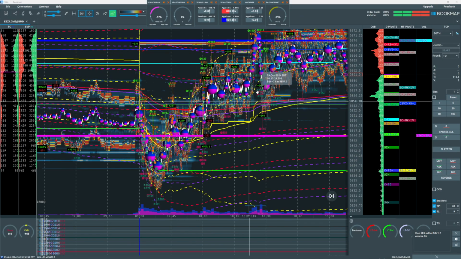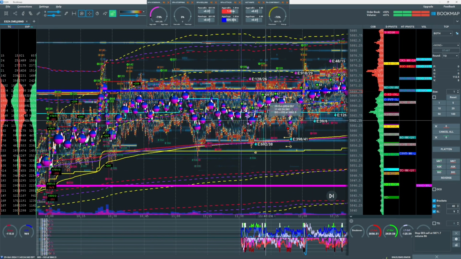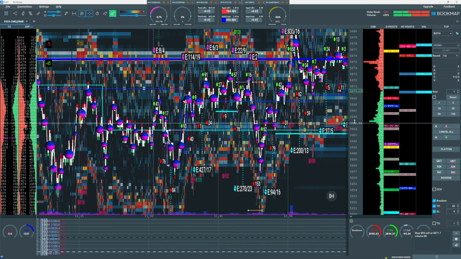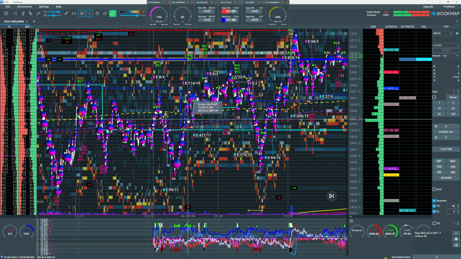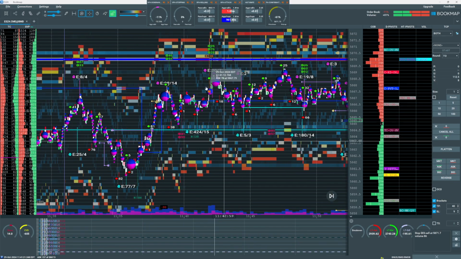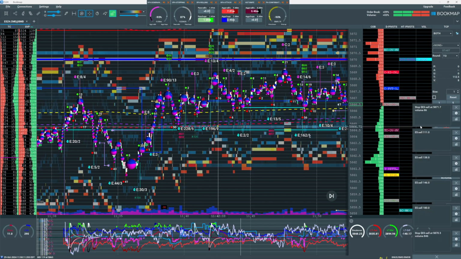So let's see here. Actually, we're gonna go to Bookmap first before I show you, because this is simulated trading on Bookmap. So I'm gonna hook up my Apex accounts to Bookmap probably tomorrow or today, and start trading off of it. So what I actually do is I'm looking at the order flow on Bookmap, and I'm executing on